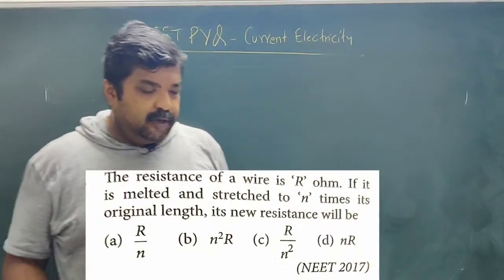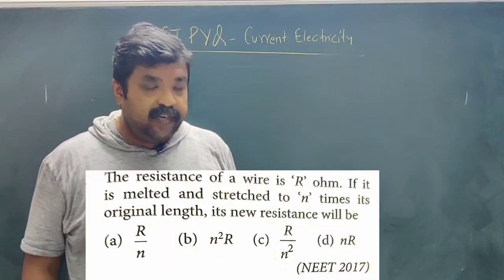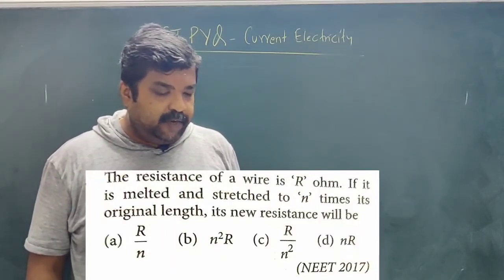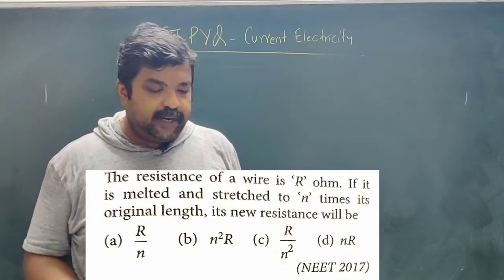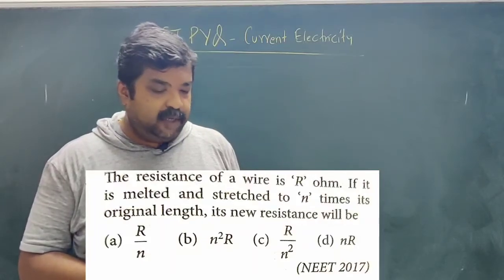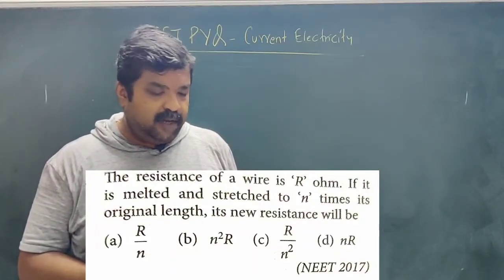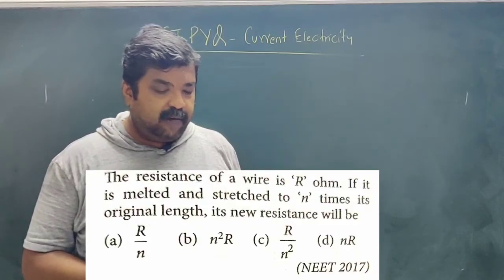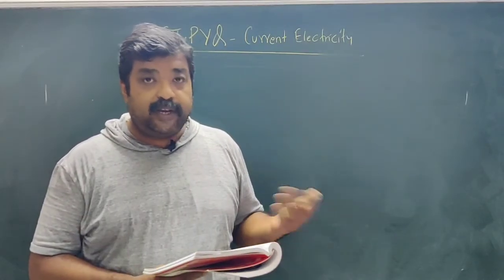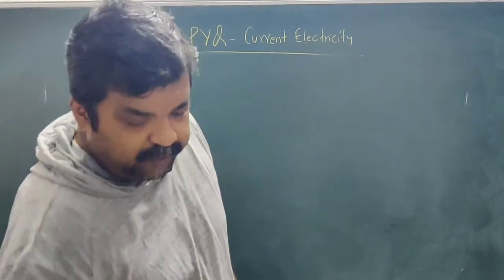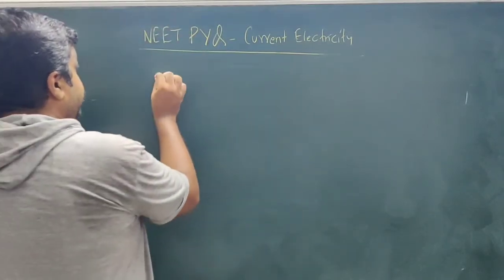Now next question: the resistance of a wire is R ohm. If it is melted and stretched to n times its original length, the new resistance will be? The options are R by n, n square R, R by n square, and nR. Okay, so basically see this wire,